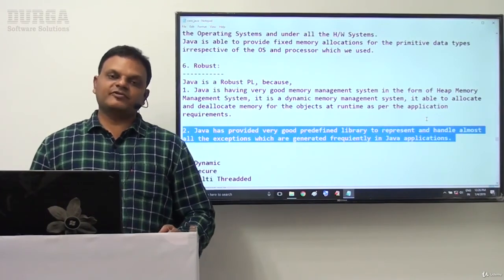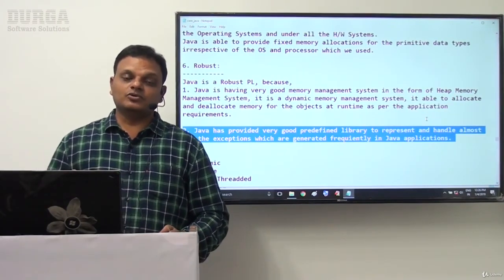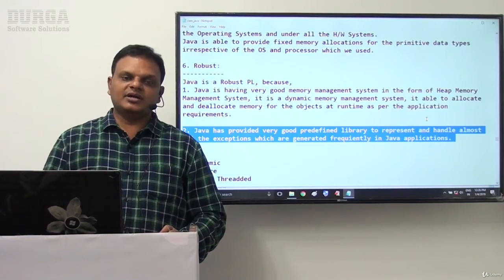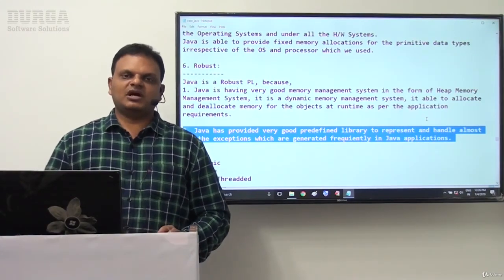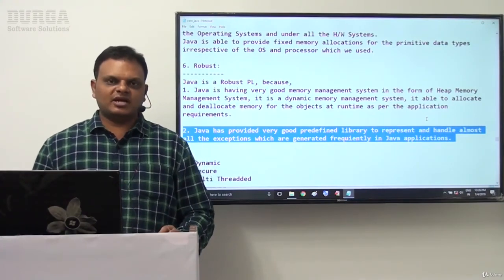Guys, understand what I am telling here. Because of this much predefined library, Java is able to handle exceptions properly and perfectly. So because of this reason also we can conclude Java is having very good exception handling mechanisms.